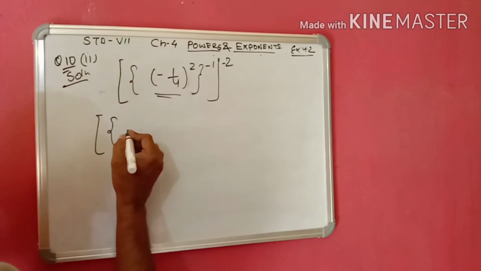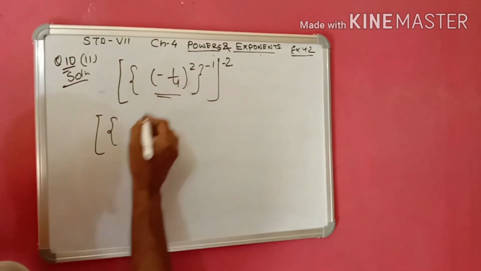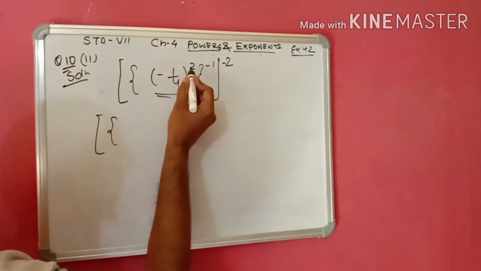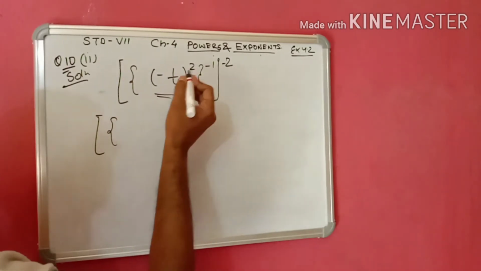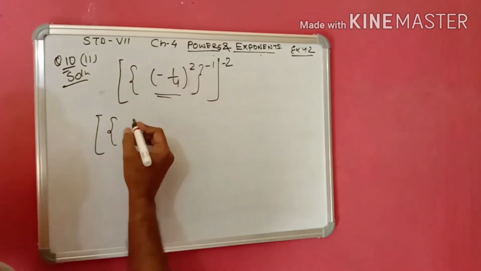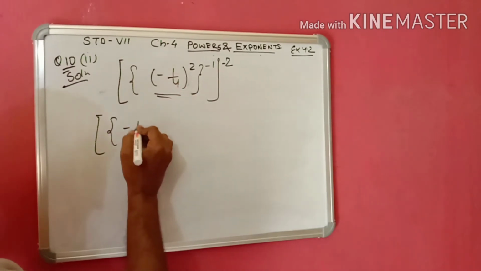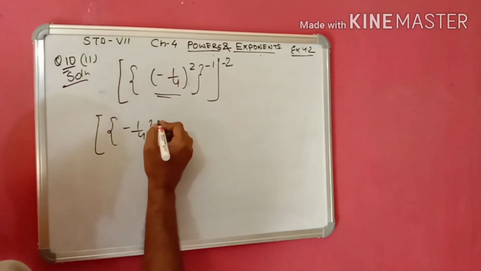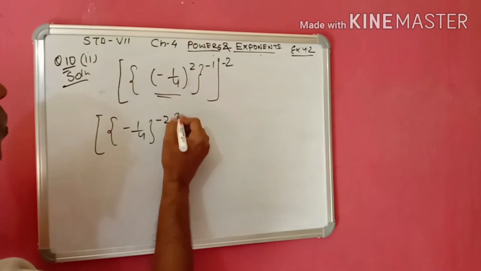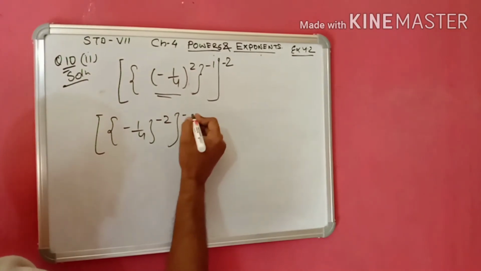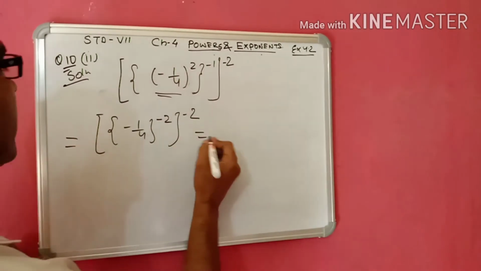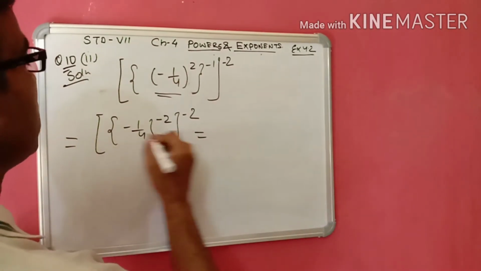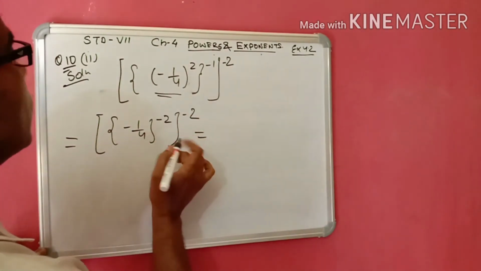Now curly bracket, 1 by 4, I can write what? This is minus 1, m into n, minus m into n means minus mn. So I can write minus 1 by 4 to the power, this is minus 2. Now this is big bracket, minus 2. Here I can write, this is big bracket. Now we have to work this part only.